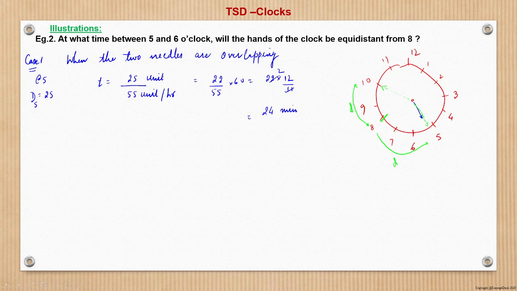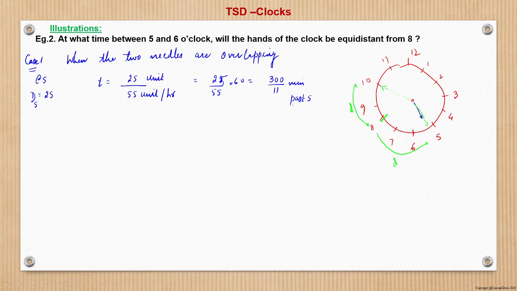Here we get 24 minutes. So this means that, sorry, this will be here 25. So 25 by 11. So the calculation is wrong here. So this becomes 300 by 11 minutes